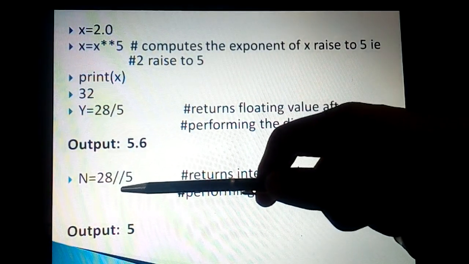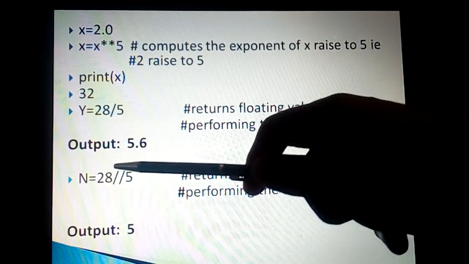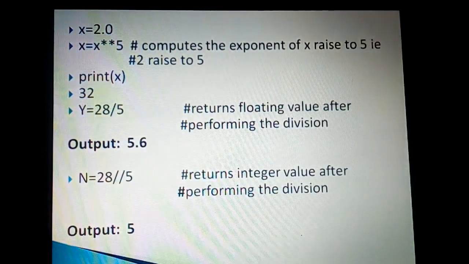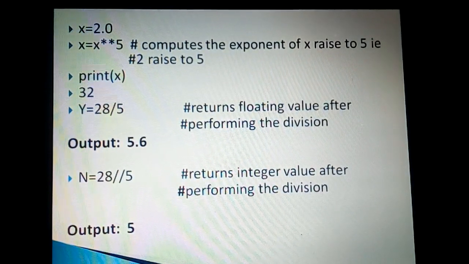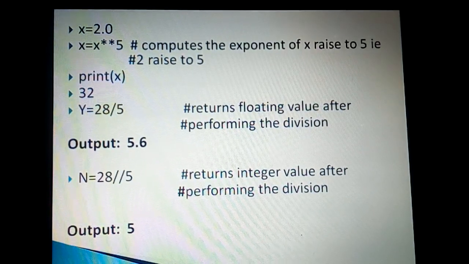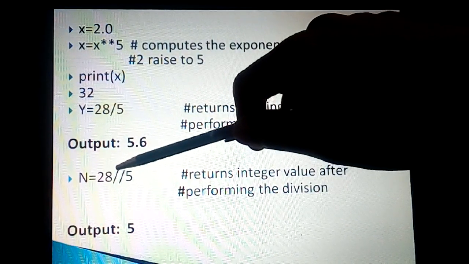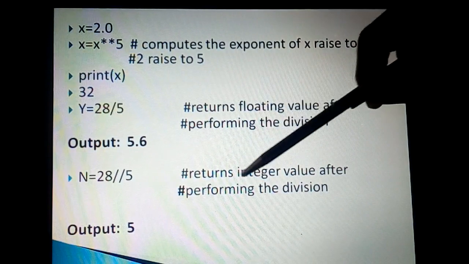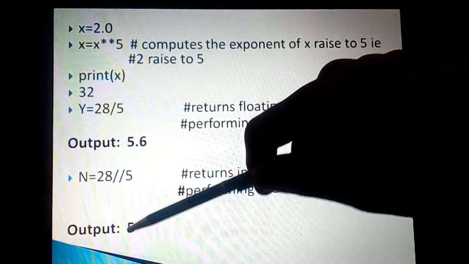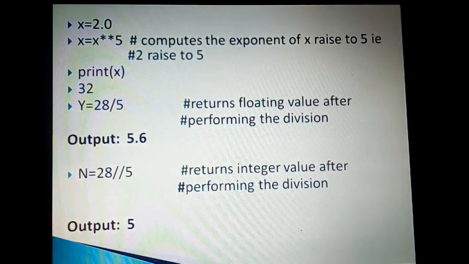Now if you look at the other example here, if I want only the integer part, which is 5, then I should use 2 forward slashes. Here we don't have something called explicit type casting, but since it does not have a type directly, whatever value is assigned itself becomes a type, so we need another operator called forward slash, which returns the integer value after performing the division. In this case it will be only 5. So this is the understanding as far as expressions are concerned.